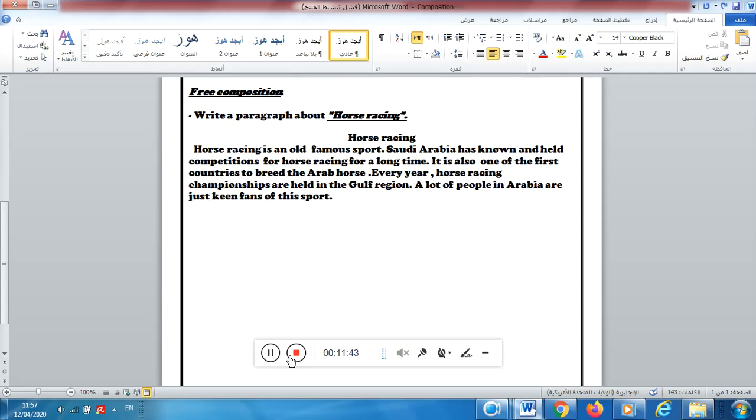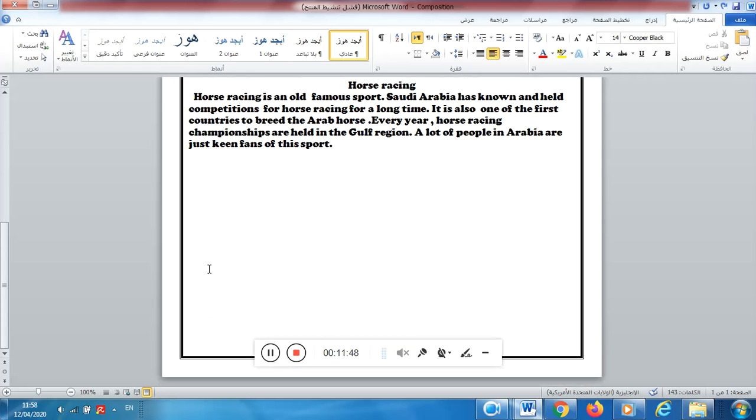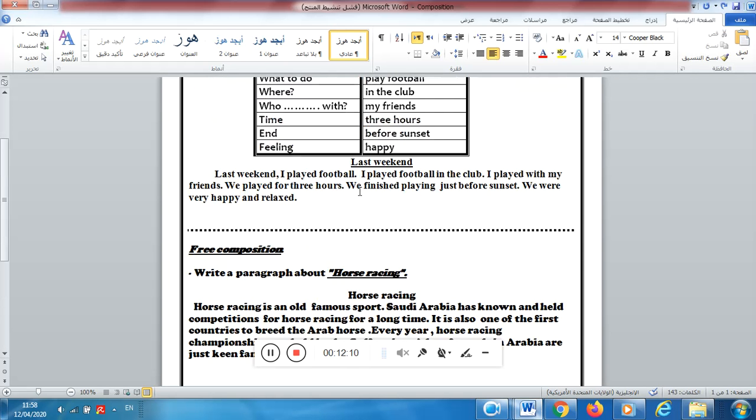You are a literary student. You are not asked to give detailed information. No, you're just writing in a literary way. So all you are asked to do is to give a sound, meaningful paragraph like this.